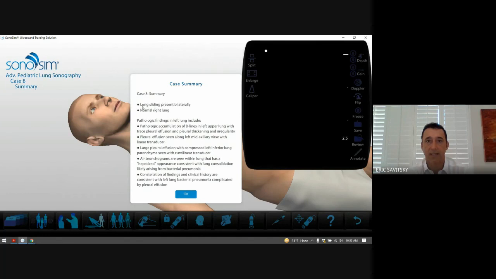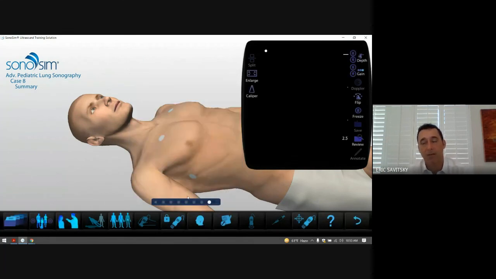it in clinical context. So here we see lung sliding bilaterally. The right lung appeared normal, but in the left lung, there is pathological B lines, then the left upper lung, a trace effusion, then a large pleural effusion was seen with compression of the left inferior lung parenchyma. Air bronchograms were seen that was consistent with a hepatized appearance of lung consolidation that could arise from bacterial pneumonia. So this looks like a bacterial pneumonia complicated by a pleural effusion that could be a parapneumonic effusion or even